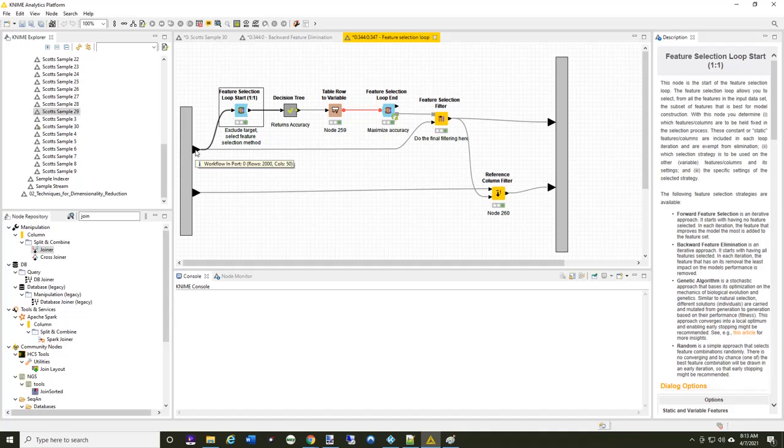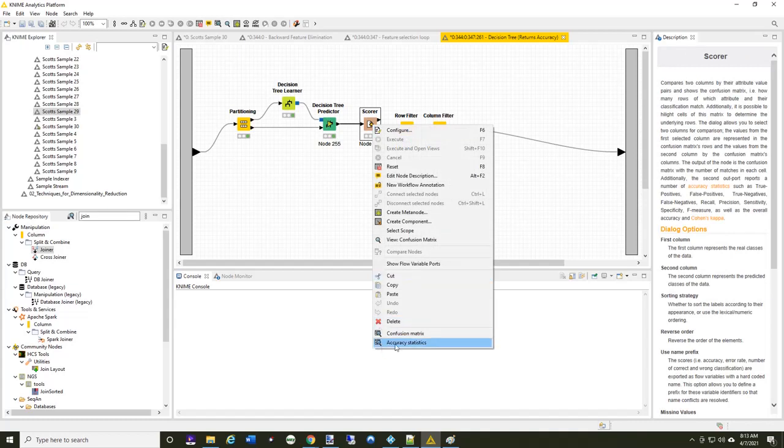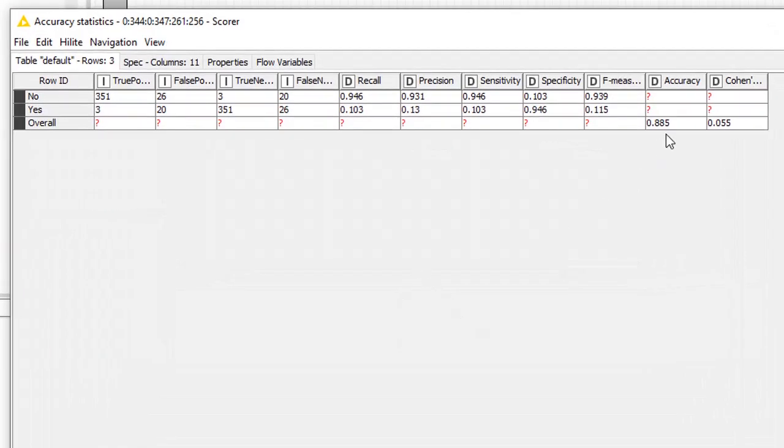As you can see, the initial was 50 columns coming in. But after I ran it, it stopped at the 10 columns plus, which was my limit on the start node, plus 1 for the target. Now, as each loop passed through, I ran a decision tree. I simply took the data and I ran a decision tree learner and a decision tree predictor, and then I used the scoring node of the decision tree to get the model's accuracy. So in this case, it was 88%